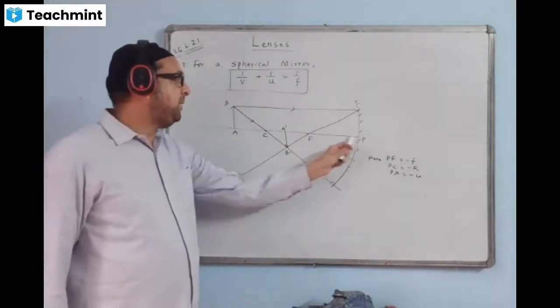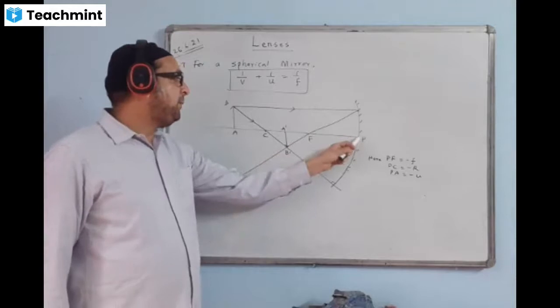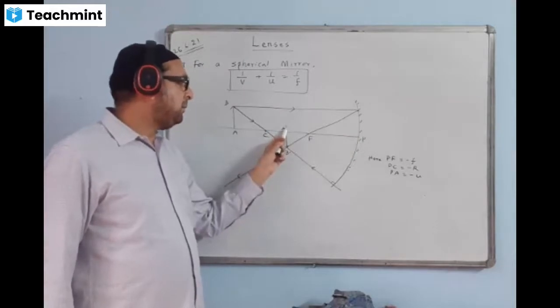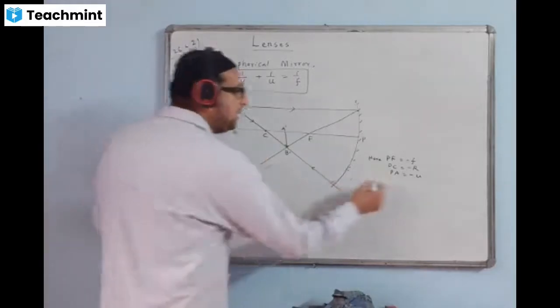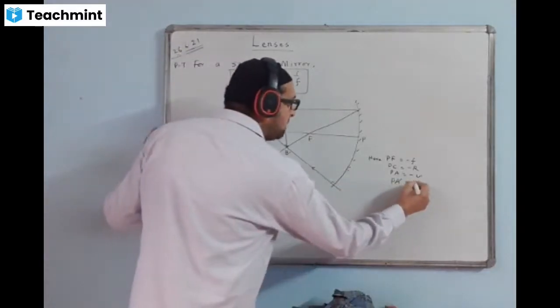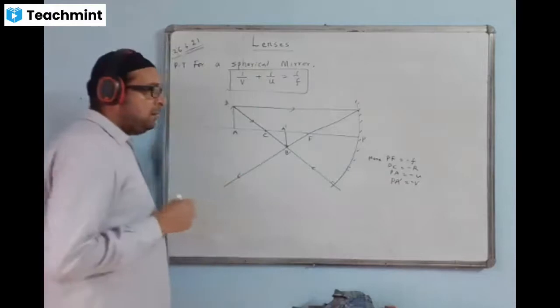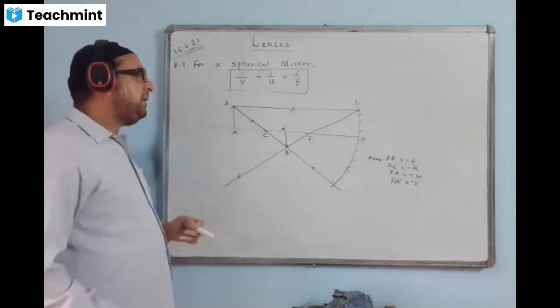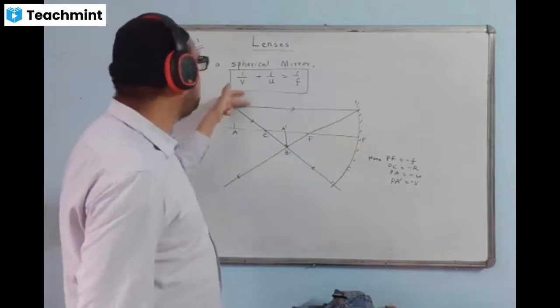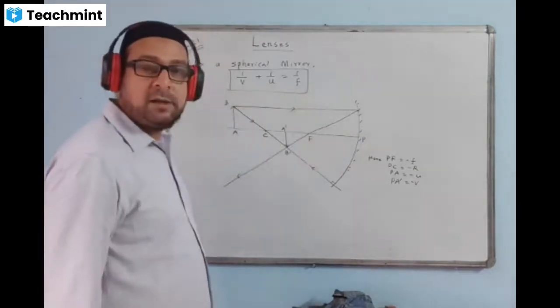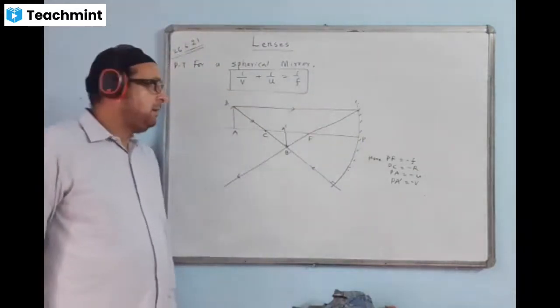From the point P, PF is your focal length. PA is the object distance. I will write about PA dash also. PA dash is V, minus V. All the distances are negative because you are measuring from P this way, whereas the incident ray is coming like this. All the distances are in the direction opposite to the incident light.